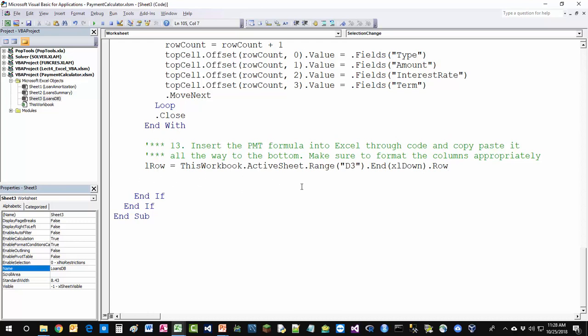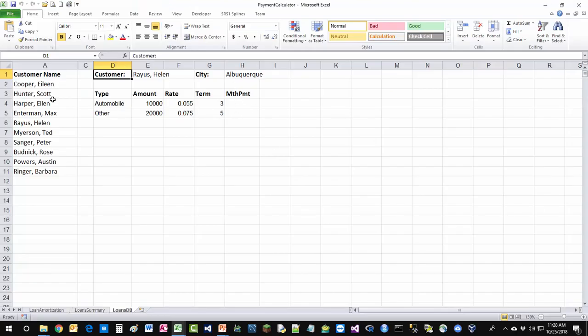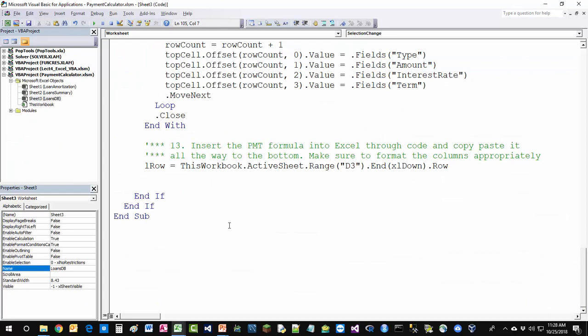Okay, so then in cell H4, I have to insert the first PMT formula, and it works like this, right? I find this, I copy paste this workbook dot active sheet dot range H4. Okay, and instead of value dot value, I go dot formula, and then the formula is specified as a string inside double quotes, but it has to be a correct formula, and every formula starts with equal PMT,